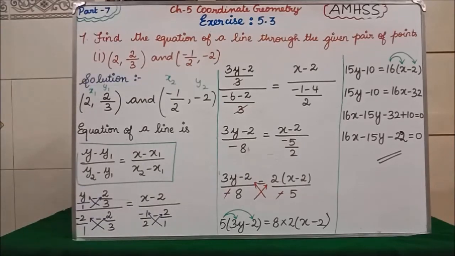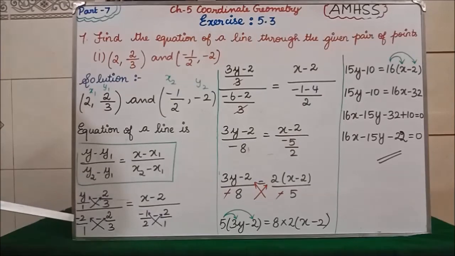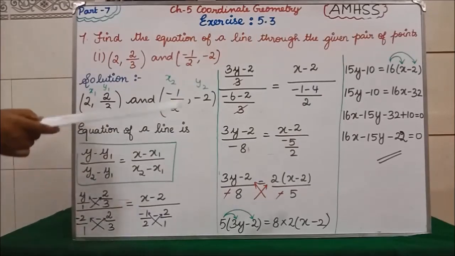For x and y we don't have any value, so you keep y as such and x also as such. Clear? Here we have both numerator and denominator. If there is no denominator, you consider it as 1. Here also numerator and denominator. Here no denominator means consider 1. This side also. Afterwards we do the cross multiplication everywhere.